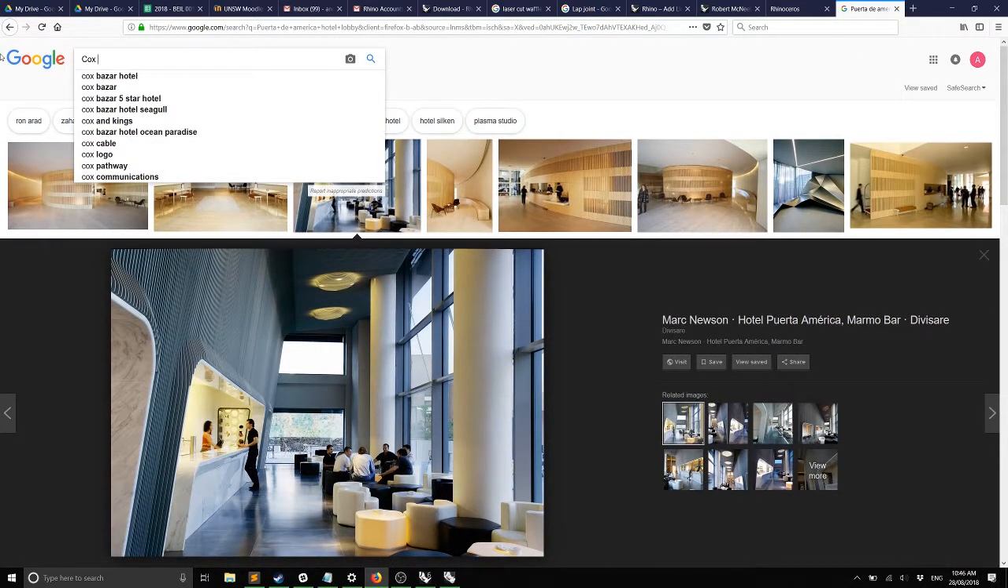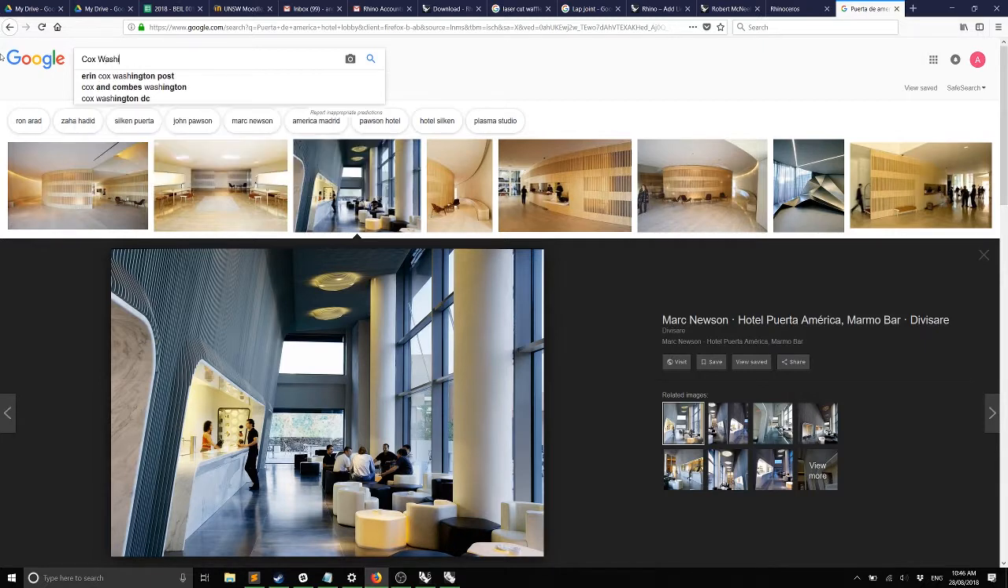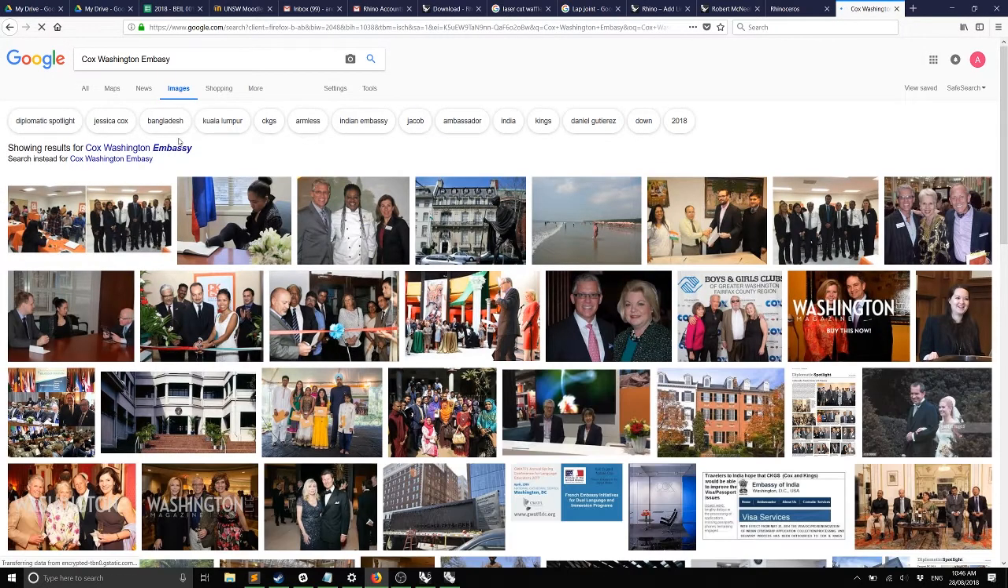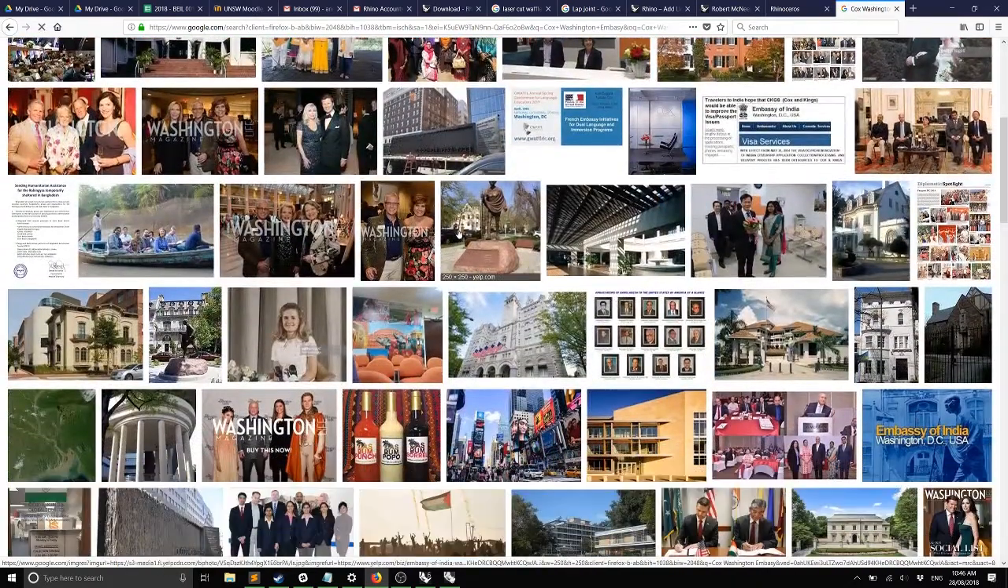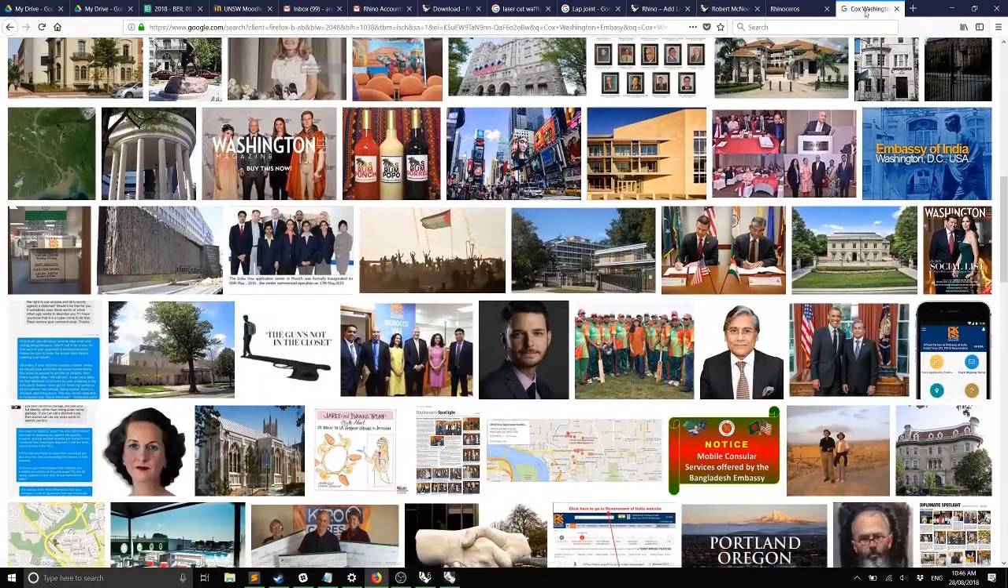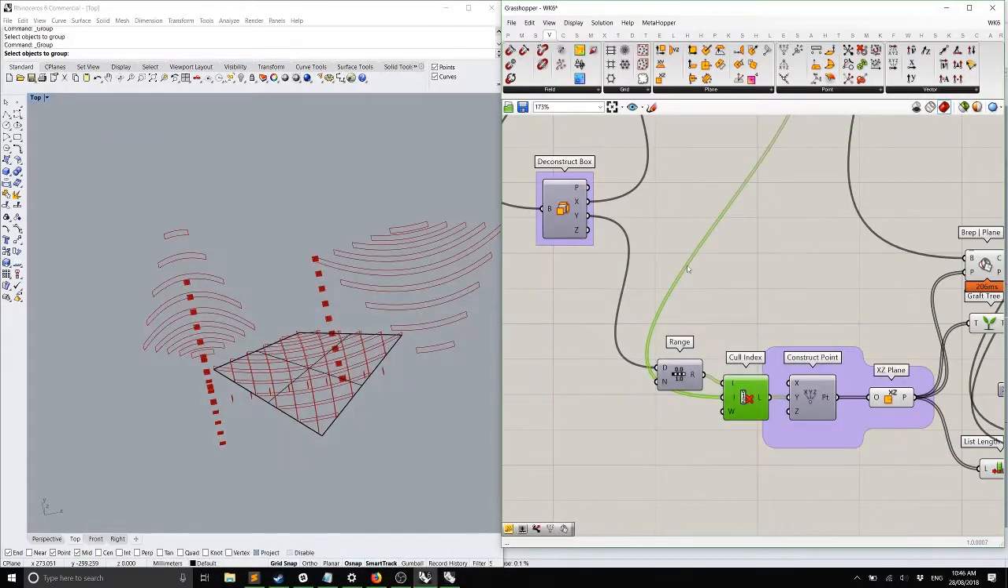Cox, Washington Embassy. We never published that. You see them a lot. You're going to see waffles a lot. They're really easy to do, and they're cheap because you just make them out of flats, like they're flat objects basically, and they can make geometries that are quite cool. Okay,